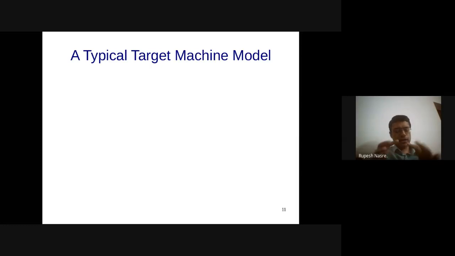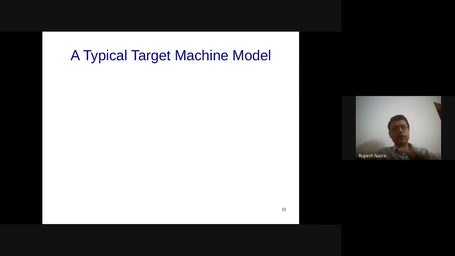So we looked at these three aspects: instruction selection, register allocation, and instruction ordering. These three are the main focus of a code generator, and it needs to worry about these primarily. When you are trying to generate code for a particular machine, you need to know that machine model, in the sense that you need to know the ISA, and the semantics of those instructions and so on.